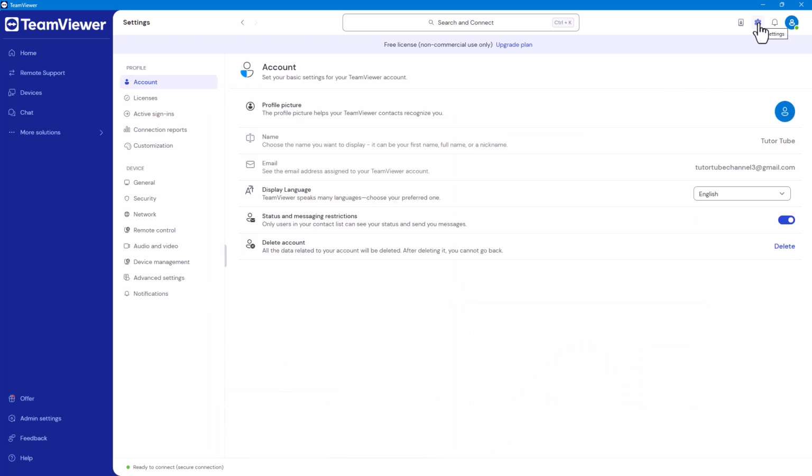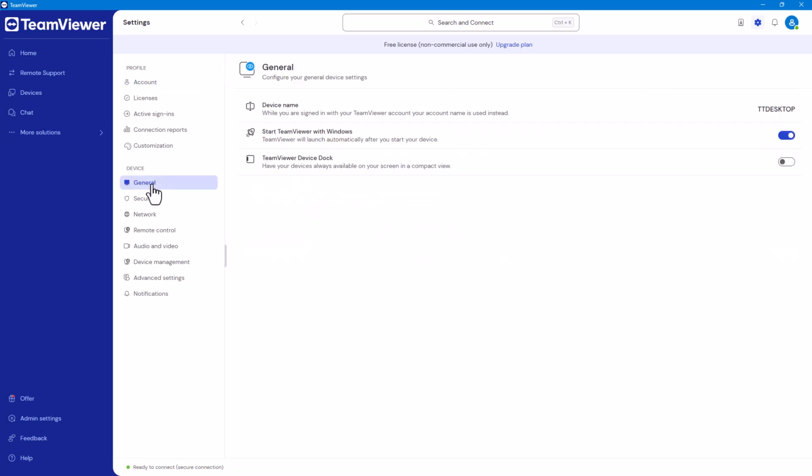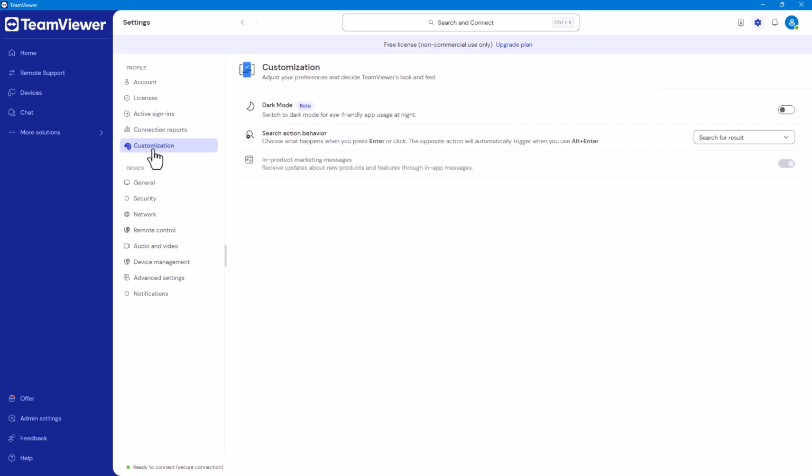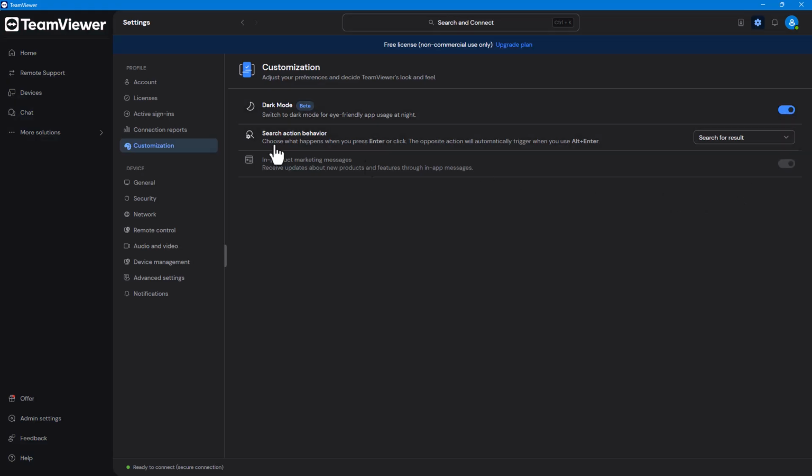actually go over here onto settings. And then what you can do right here is go onto, let's say, customization right here, and here you can see dark mode is an option. If I were to turn this on, you can see that dark mode is